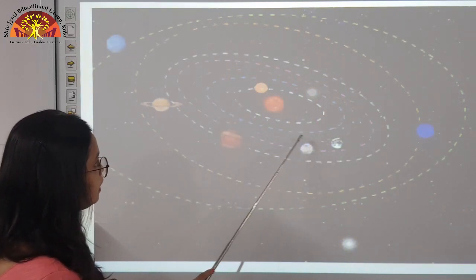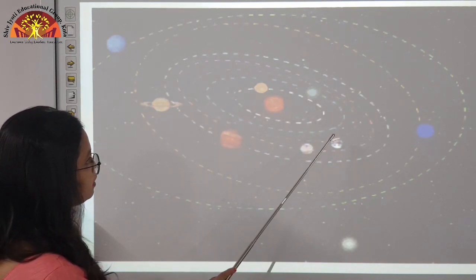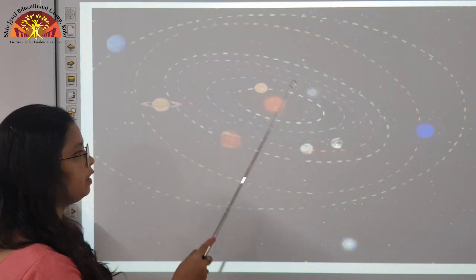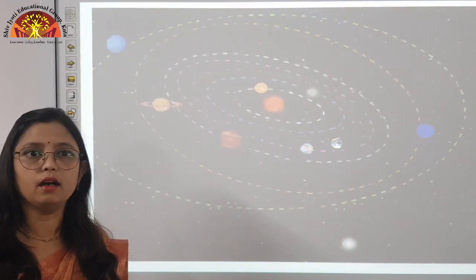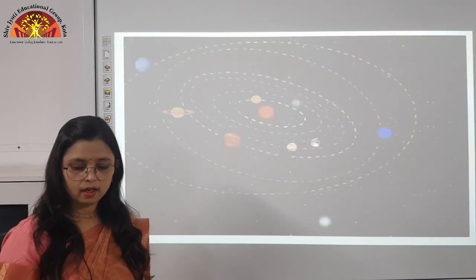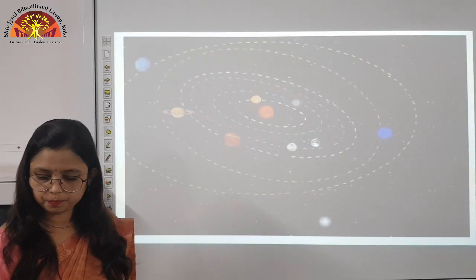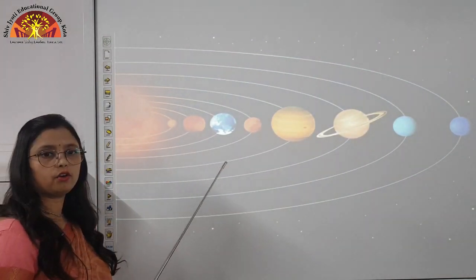Then Venus, then it is the axis of rotation of Venus. Similarly Earth, then this is the axis of rotation of Earth. So, in this way all the planets revolve around the sun in their own axis of rotation, in their own orbit. Okay. So, now let us see these different planets in the increasing order of their distance